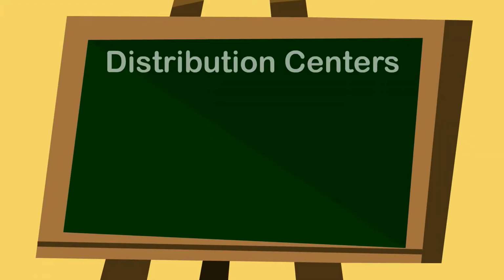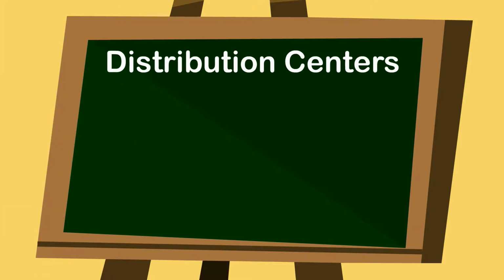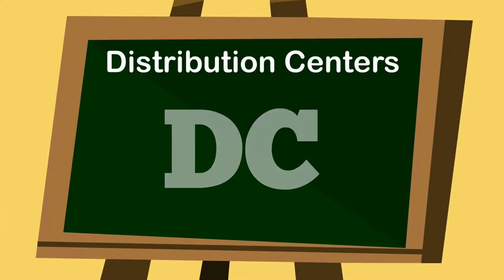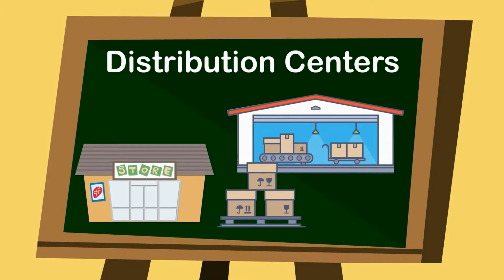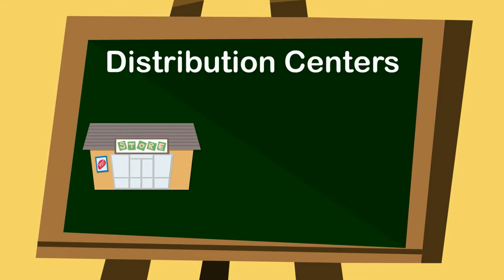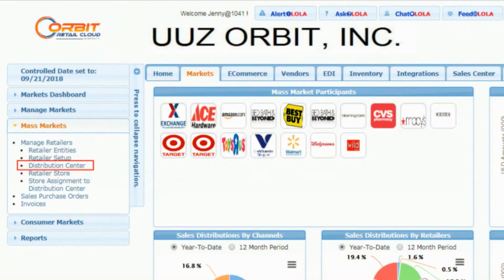Before we begin, let's quickly review the importance of distribution centers. Distribution centers, or DC for short, are buildings that belong to the retailer and are used to store goods and merchandise that are to be delivered to various places on an as-needed basis. A regular store can also be a distribution center. For a regular store to be designated as a distribution center, you'd have to create an entry in both distribution